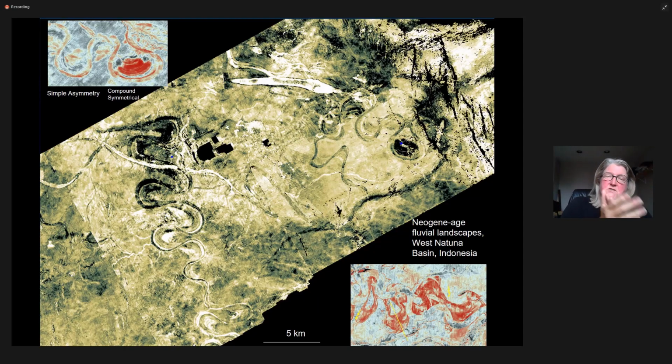So if we go into this realm of seismic geomorphology, we can look at an image like this, and this happens to be from the Neogene in the West Natuna Basin in Indonesia. And this was one of the first data sets that I kind of fell in love with. I remember seeing this, I want to say it was